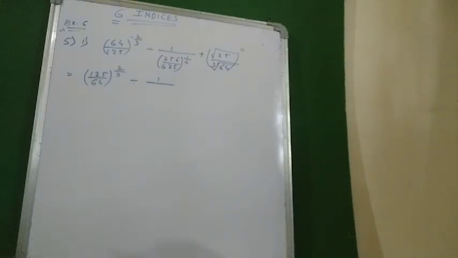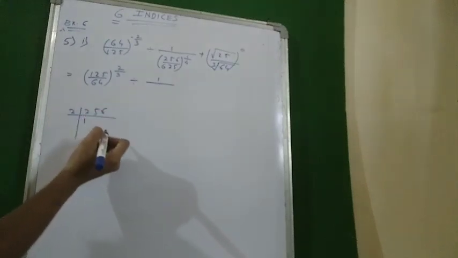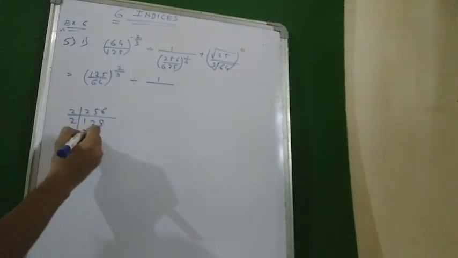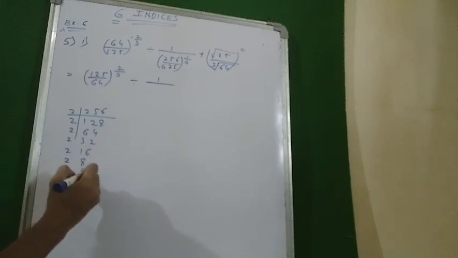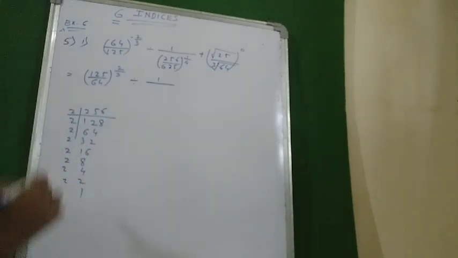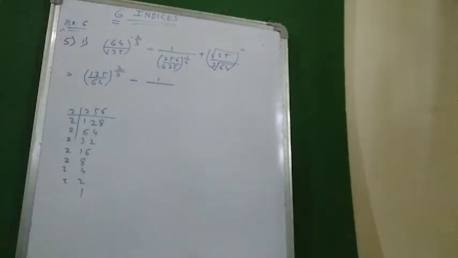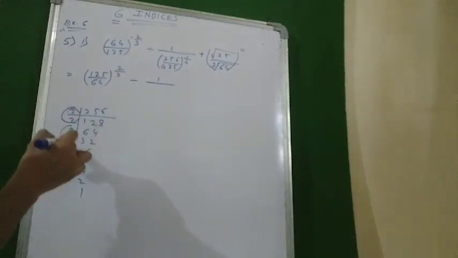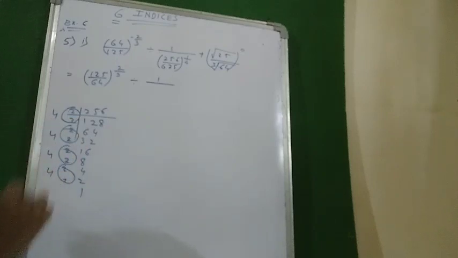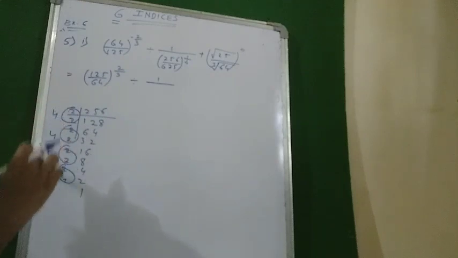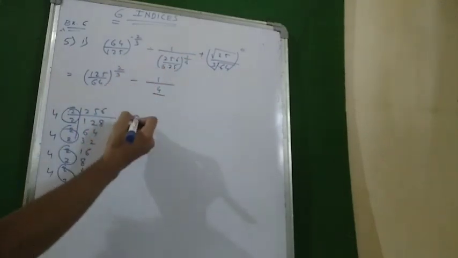Okay, to solve this 256 upon 125, I will just find the factors of 256. 2 1s are 2, 2 2s are 4, 2 4s are 8, and so on, doubling up to 256. Okay, so we have 8 twos, but I don't want 8, I want 4, so I will take groups of 2 twos. 1 2 3 4, which is 2 2s are 4, 2 2s are 4, 2 2s are 4, 2 2s are 4. So I can say that 256 can be written as 4 raised to 4. Okay, 256 can be written as 4 raised to 4 upon 625.